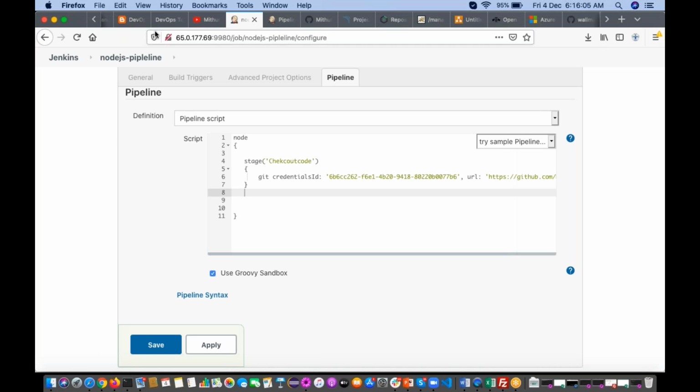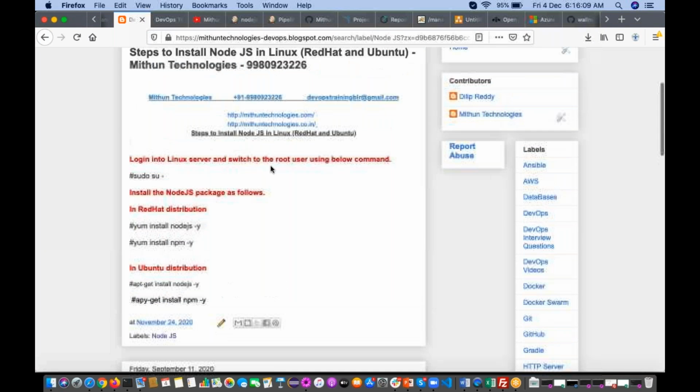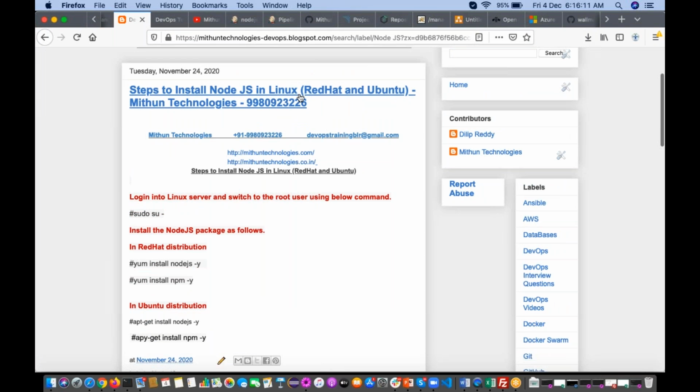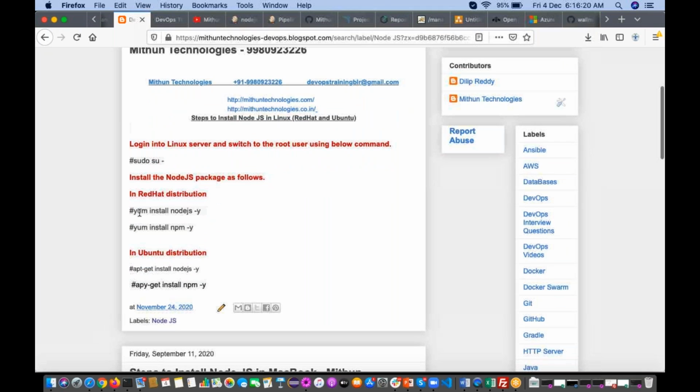Here you can see I have already documented it: steps to install Node.js in Linux server, in the last month only. Just yum install nodejs and yum install npm. Just execute these two commands. That's enough. If you want to install in Ubuntu, you can use apt-get.